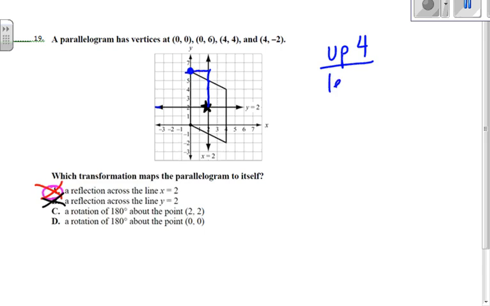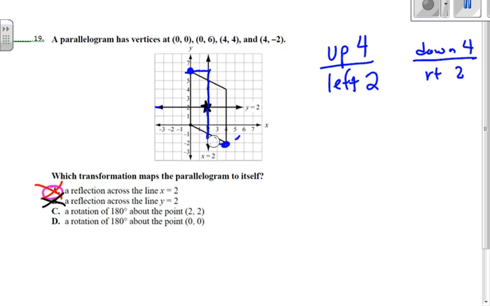Which means that you would do exactly the opposite to get to its prime point. So down 4 and right 2. So down 1, 2, 3, 4, right 1, 2. There's a prime point. Now this is a possibility because you'll notice that a prime point is on